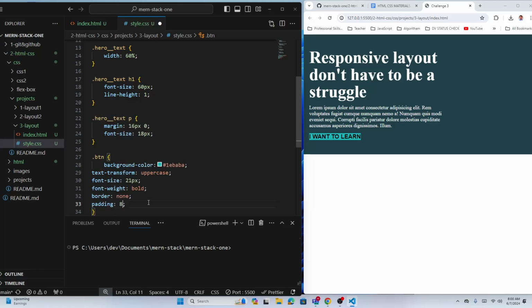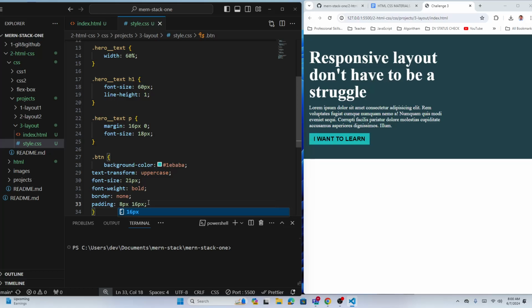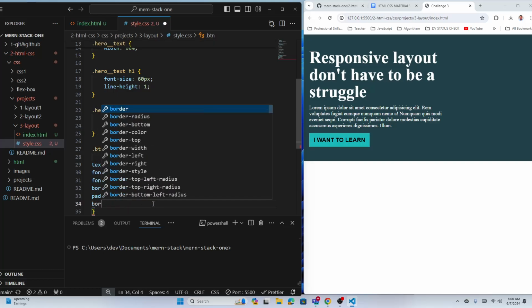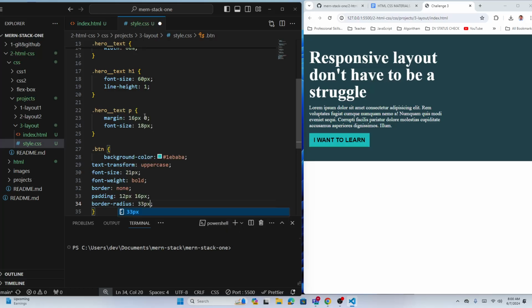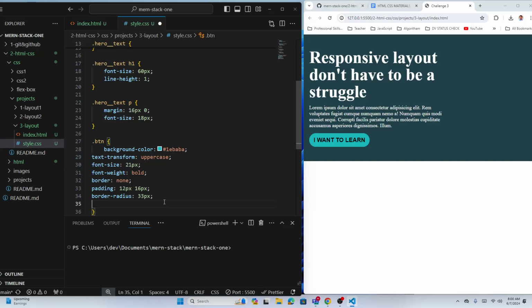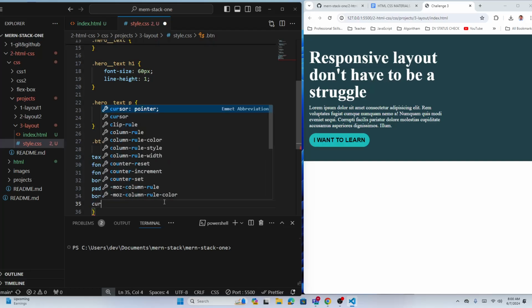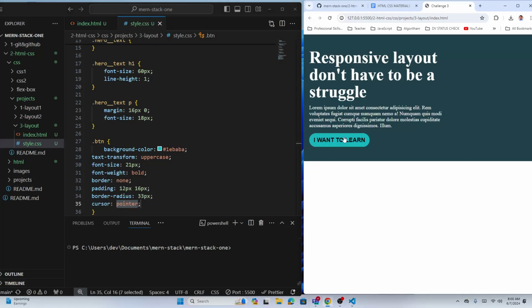Top and bottom 8 pixel, left and right 16 pixel. That's what I will do, right? Something like that. Now you want to have rounded corners, or let's do one thing, let's make this 12 pixel. Yeah. So that is border, rounded on the border, right? Radius to 33 pixel. And you want to have an icon-like click, so cursor will be pointer. So when you hover, cursor will be pointer. All right,